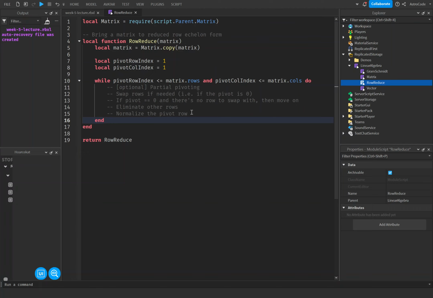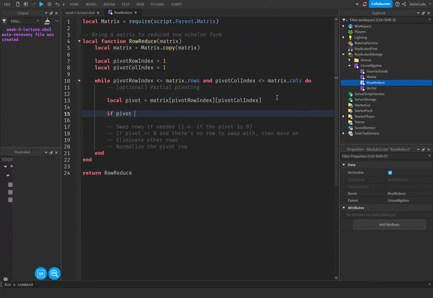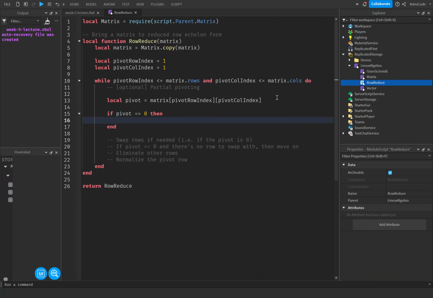And how should we do this? So first, let's get the pivot. So the pivot is going to be we're going to index the matrix by the pivot row index and then by the pivot column index. And if the pivot is 0, then we need to look for another pivot to swap it with. And the way we're going to do this